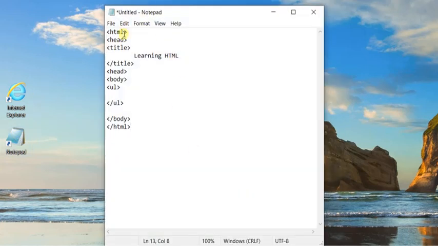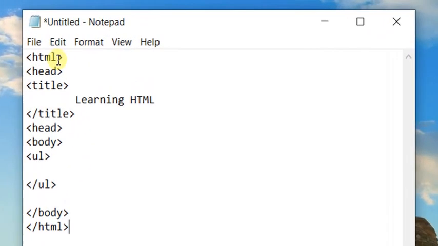Open the notepad. I have written the basic structure of HTML here. These are some basic tags. Already in class 6, these HTML basic structures are done. So we have to write the list within this body tag, within the starting body and within the ending body tag. Between these body tags, we have to write the list so that it appears on the main body of the